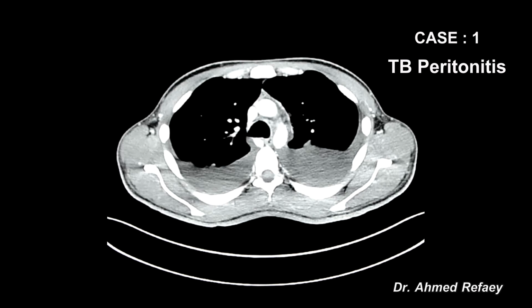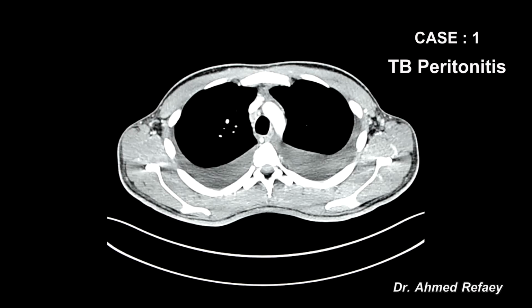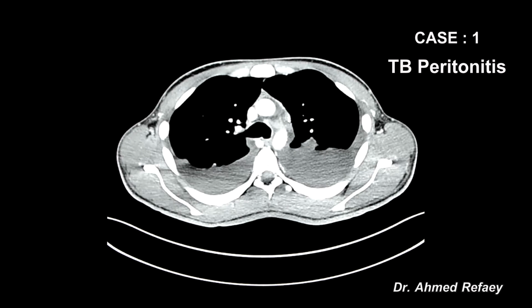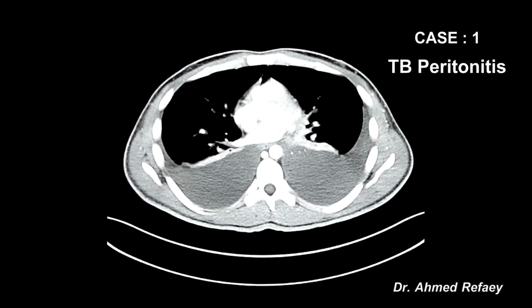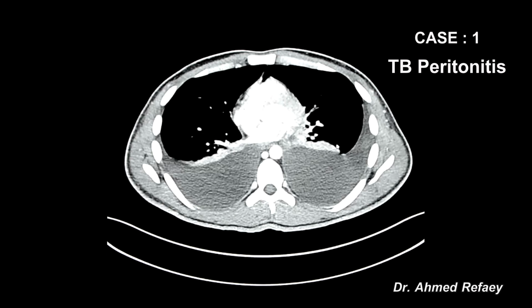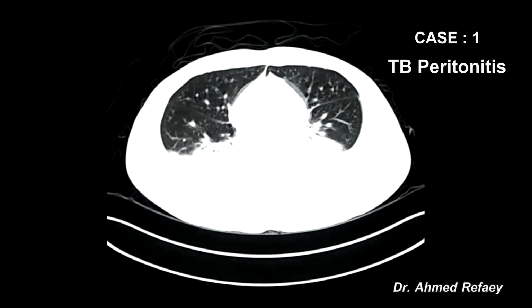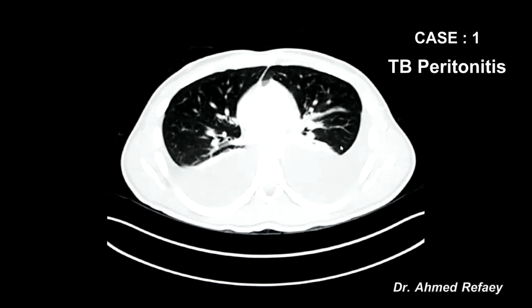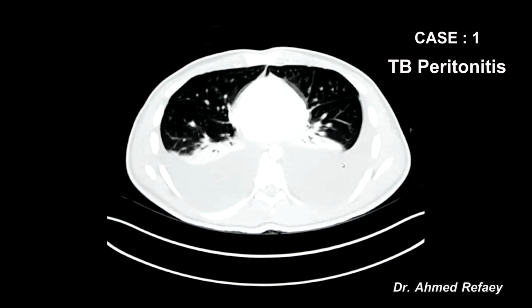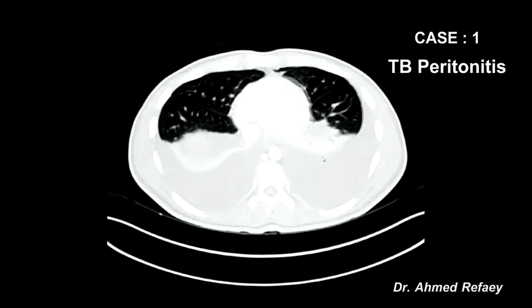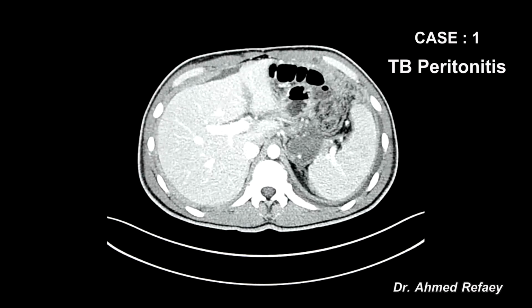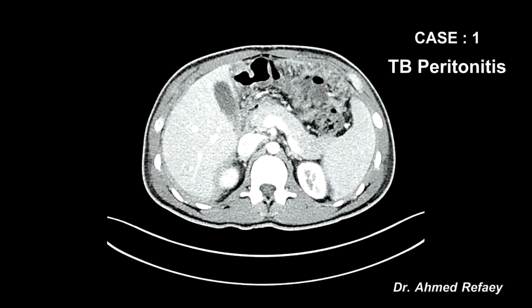When we go a little bit down, we have mild lymph node enlargement seen here in the right paratracheal area, and the small one also seen in the aortopulmonary window. This is the one here. We have mild collapse of both lower lobes, as you see here. Also in the lung window, there is no other focal lung lesion could be seen except for the bilateral basal consolidation with air bronchogram, as you see here. When we go down to the abdominal study, liver here is normal, spleen, enlarged spleen, pancreas normal,